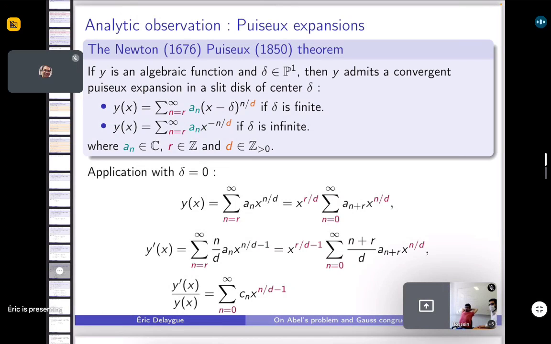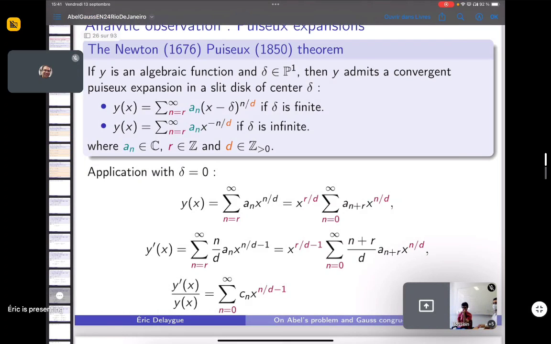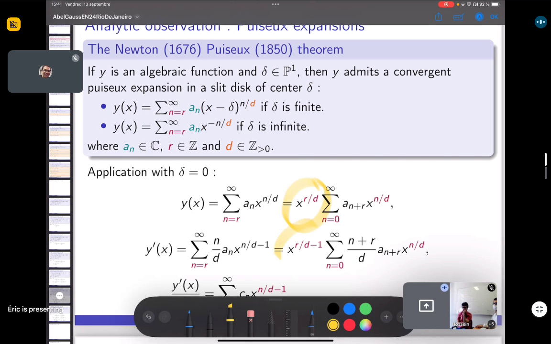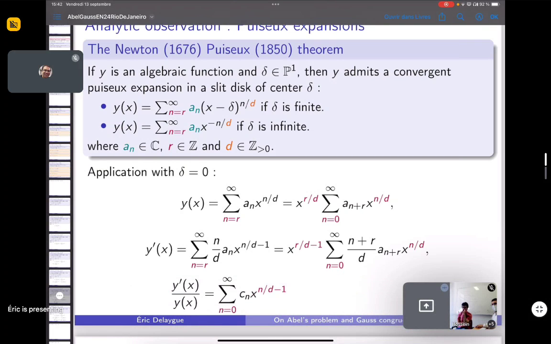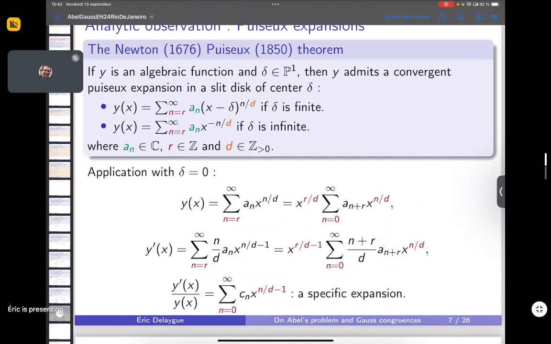So now I look at this quotient, and we see, just because of the above formulas for y and y prime, that we have something like this, which starts because we have a cancellation of these two terms, which just gives something on 1 over x, and so finally we have something like this. But this is algebraic because the quotient of algebraic functions is algebraic. But now we see, in regard of the Newton-Puiseux theorem, that in fact this is a really special expansion. This is an expansion which in fact starts at n equals 0. And so we see that for Abel's problem to have an algebraic solution, eta must be of a specific form. Okay, so this is the first analytic observation,